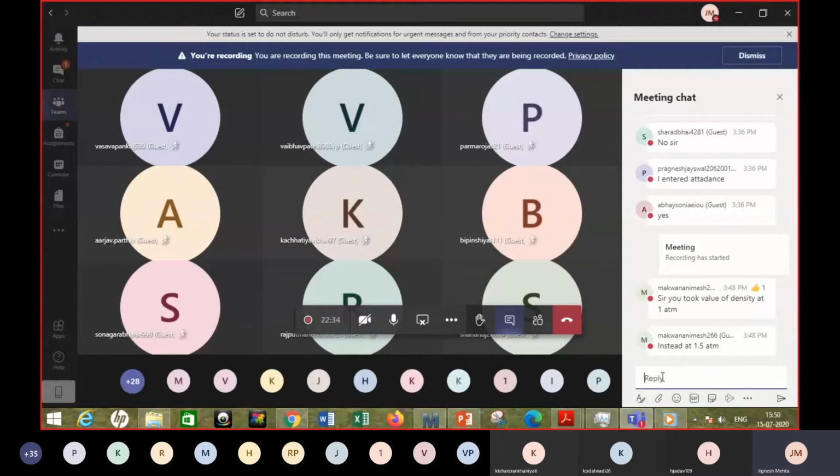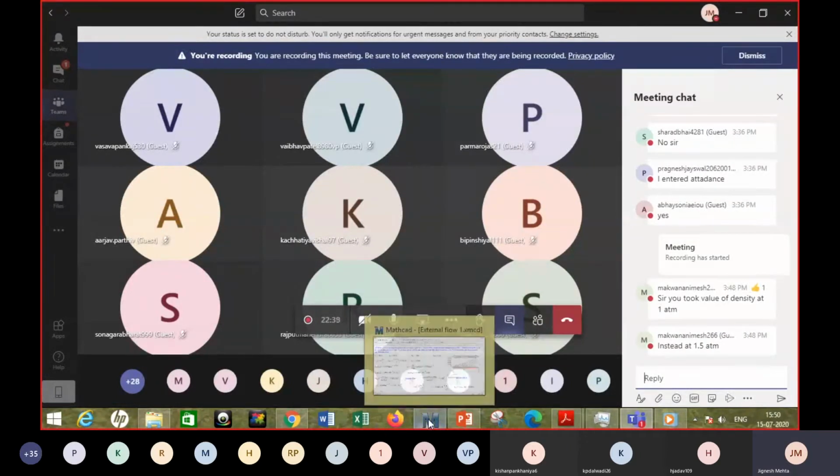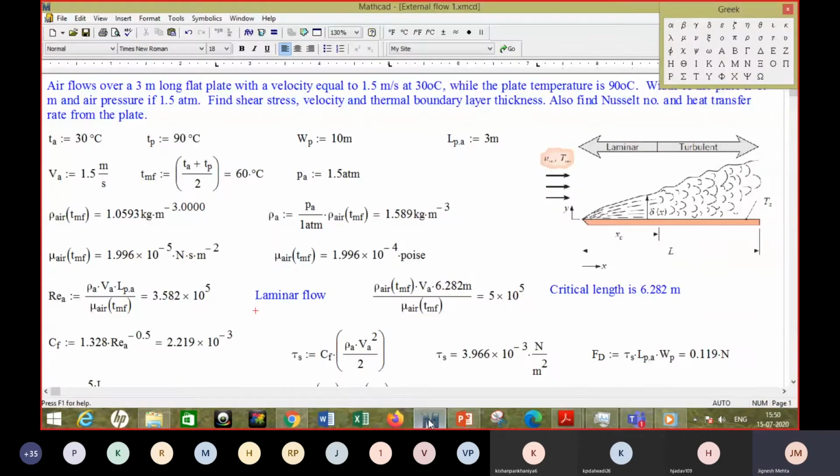As of now, I think one mistake which was there I have corrected, and I could go further. Now the Reynolds number with 3 meters length, so make sure that it is now 3 meters. In that case, my Reynolds number comes out to be rho v L upon mu.